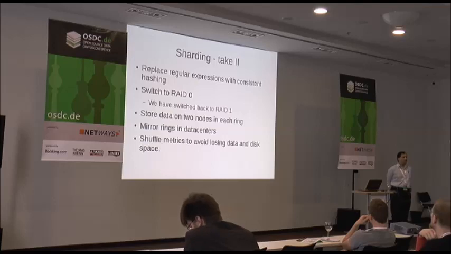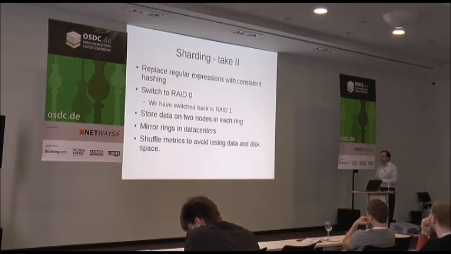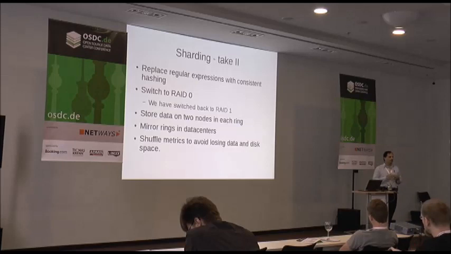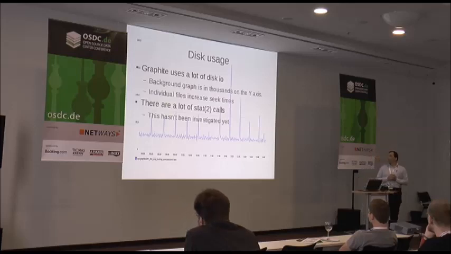And Graphite unfortunately still doesn't have good tooling to make sure that all your data is synchronized. So we wrote a bunch of ugly shell scripts to shuffle metrics around, push things around everywhere. It makes things a lot harder when you're doing things over SSH. But we were basically able to merge metrics and try and keep things consistent. It takes about 1 day to synchronize a 1 server pair. Graphite uses a lot of disk I/O.